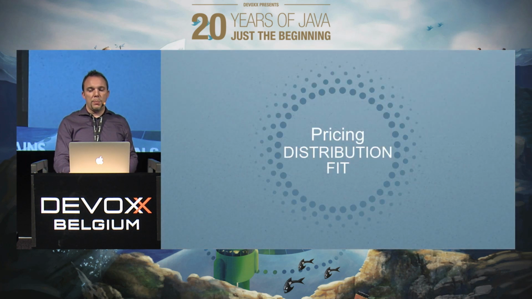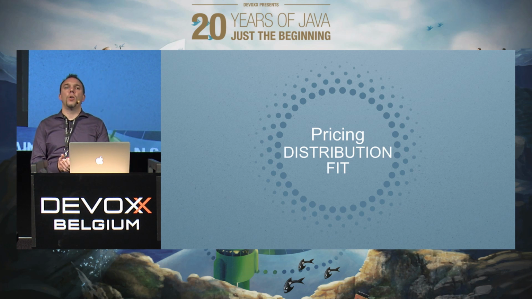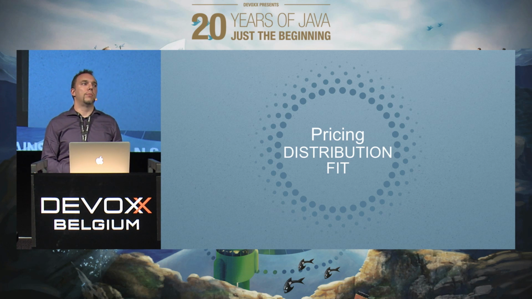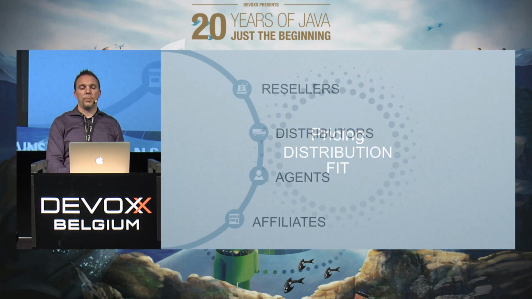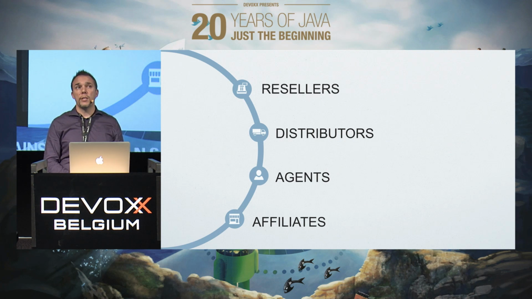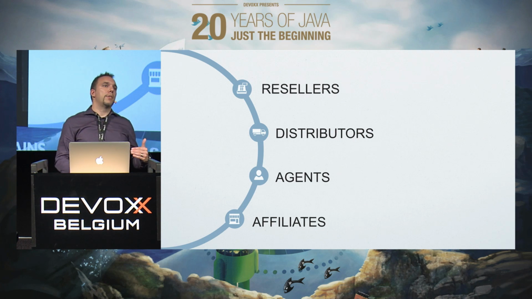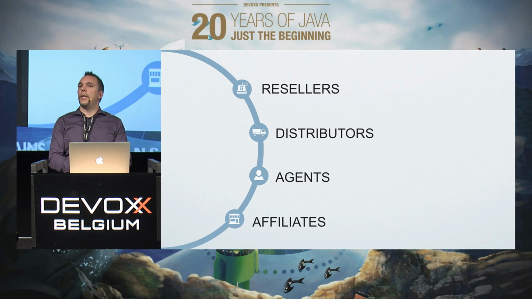In the online world, this plays a little less, but still, oftentimes you will not be bringing your software to the market all on your own. A lot of new startups do that, but over time you'll want to work with a whole partner network: resellers, distributors, agents. Even companies like Dropbox have an affiliate program, a partner program. Of course, all these different partners in the value chain also want a little piece of money, a cut there. So if you have a product where you charge, say, 10 euros a month,